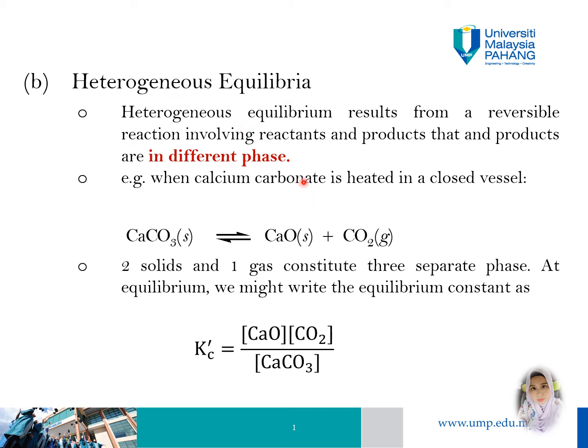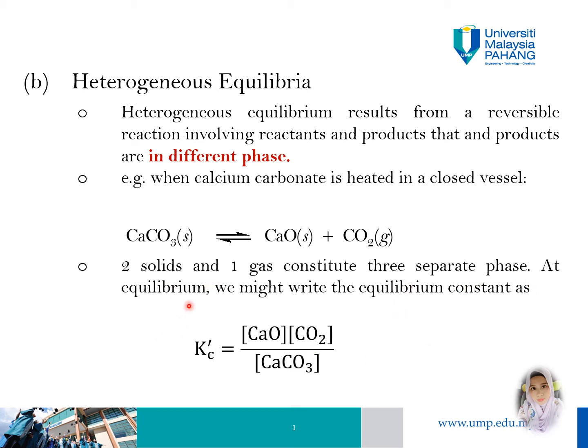Heterogeneous equilibria result from reversible reactions involving reactants and products in different phases. For example, when calcium carbonate is heated in a closed vessel, the calcium carbonate is in the solid phase and the products are in solid and gas phases, which is two solids and one gas, constituting three separate